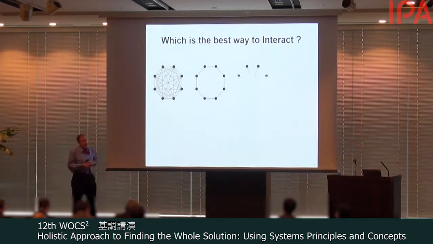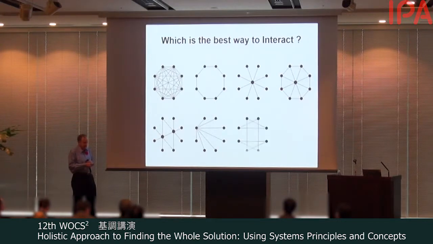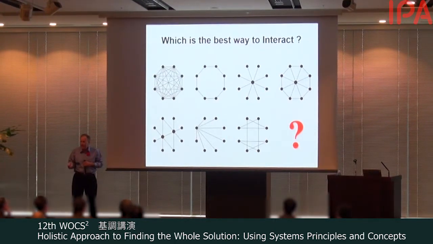So in exploring the behavior of those parts and how they interact, we can explore different ways to interact. And each of these patterns will have different properties. You might have different performance, different levels of safety, different levels of security, different usability, different manufacturability. These are all the things we need to consider when we're looking at different ways to interact.